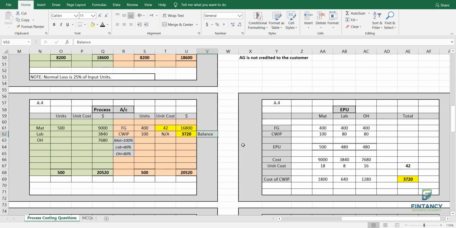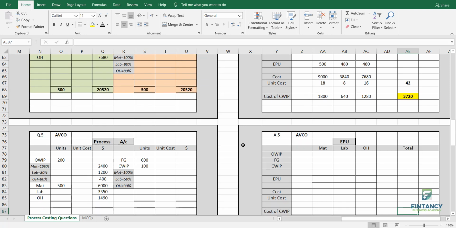Balance and proof. Okay, to make sure your answer is correct, first of all balance it, then go here and prove it like this. Got the point? This is the approach to do closing work in progress type of a question. I hope it's clear with everyone. Let us continue